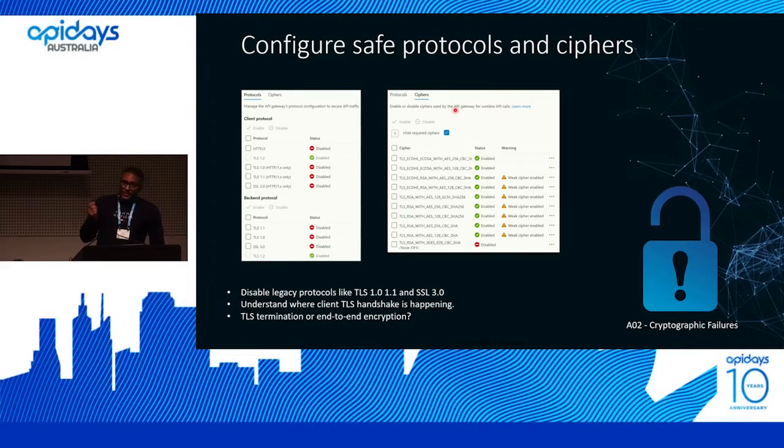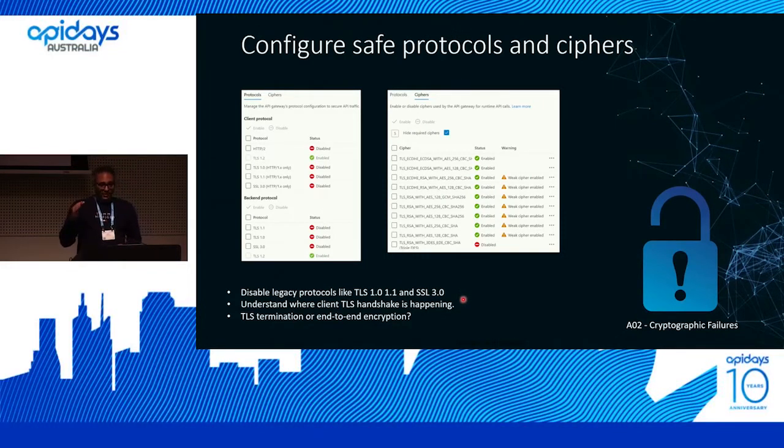So the API gateway would help a lot in that. Your day-to-day backend services written in C# or .NET might not have the same capability in the same strength, right? But the thing that you need to do as well is to understand where your front-end TLS